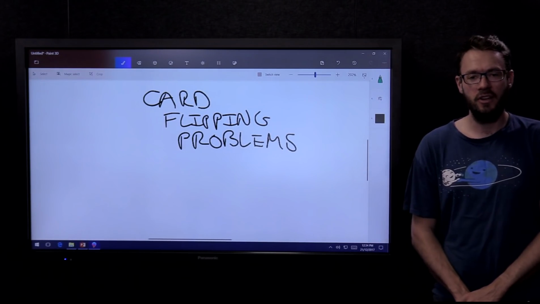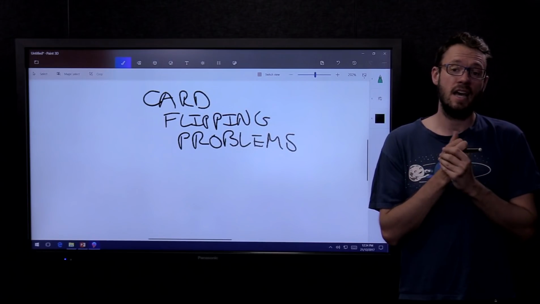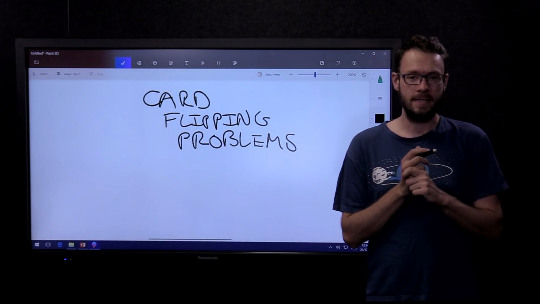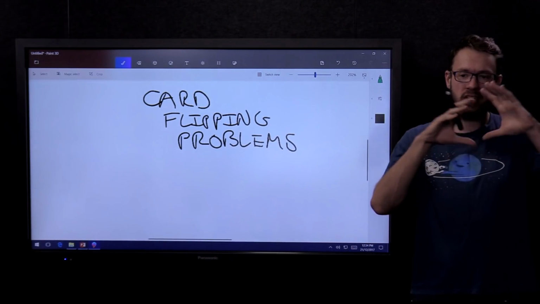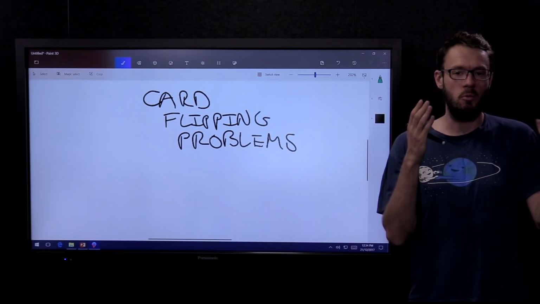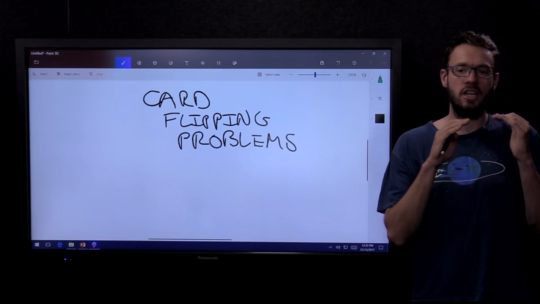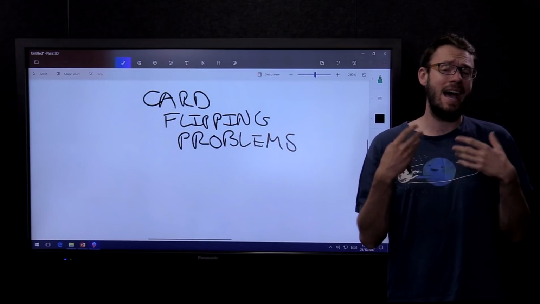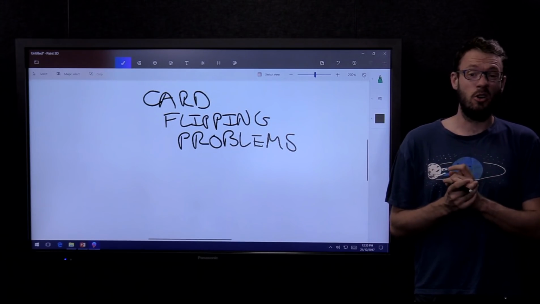Hi folks, in this short video I'm going to show you how to do some of these card flipping problems in your problem sets. So remember with the card flipping problem, you've got a sequence of cards with some information on it. You've got one of the sides revealed to you, and you've got a conditional about those cards, and you've got to work out how many of those cards you need to turn over in order to rule it out that